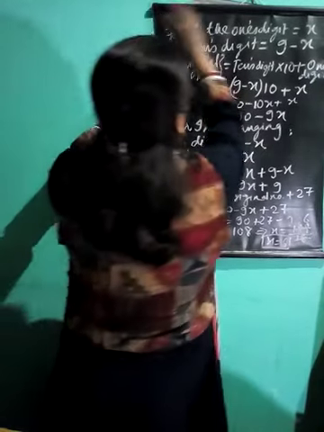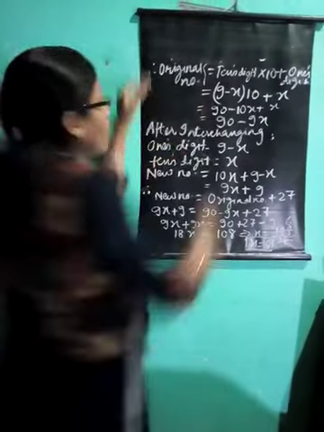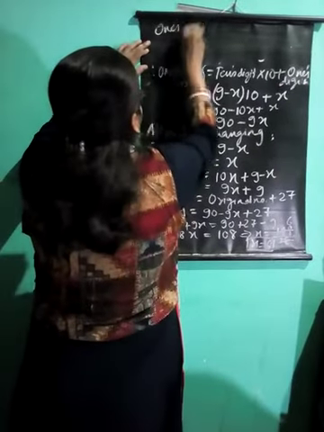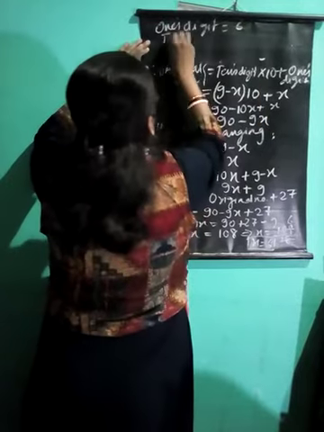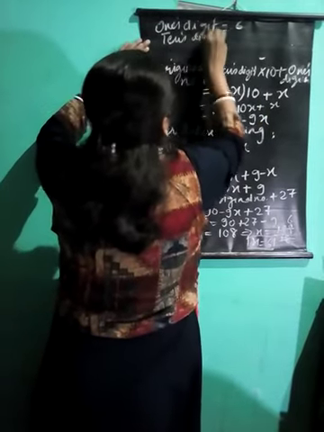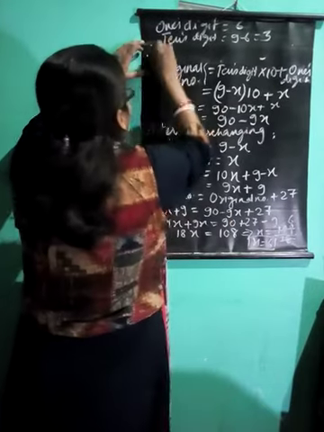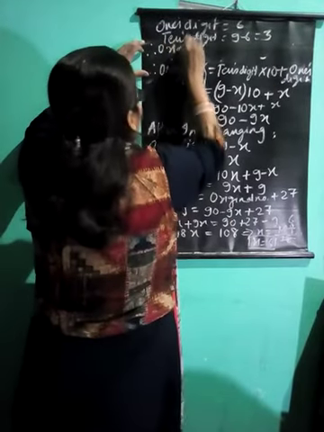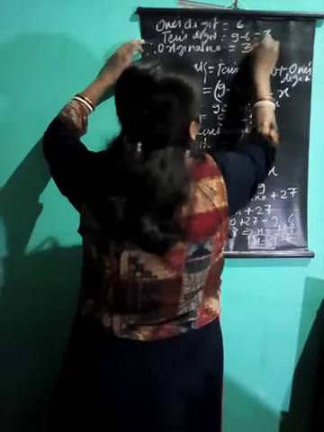And tens digit, again I look here. Then write your ones digit is now 6 and tens digit is 9 minus 6, that is 3. Therefore your original number is equal to 36. Tens is 3 and ones is 6. So you get your original number is 36. This is your answer. Okay.